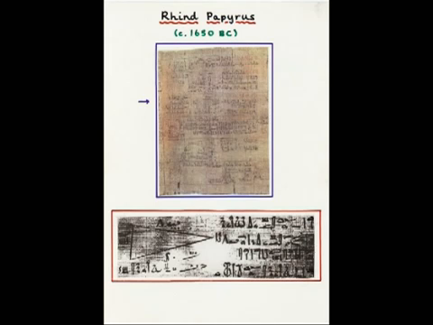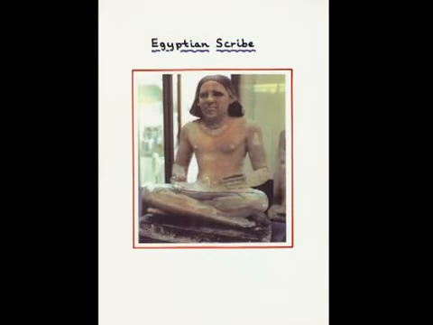So, as I said, here's part of the Rhind papyrus. It shows some geometrical problems, with one of them that I've blown up here so that you can see some of the details. And as you'll see, although some of the problems superficially seem practical in nature, their main purpose seems to have been educational, in fact, for the training of scribes. And here you can see an Egyptian scribe enjoying his mathematics.